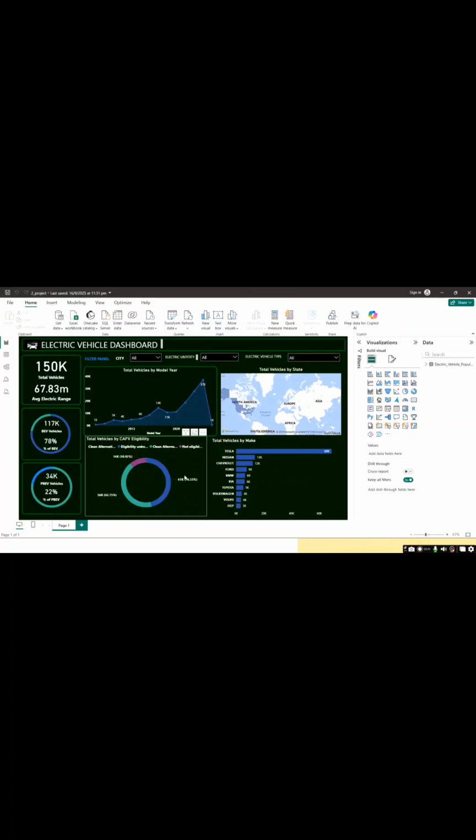Finally, the CAFV eligibility chart shows that around 46.33% of EVs are eligible for clean fuel programs, meaning there is room to improve awareness and streamline the eligibility